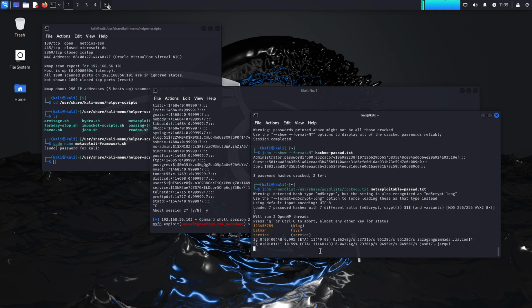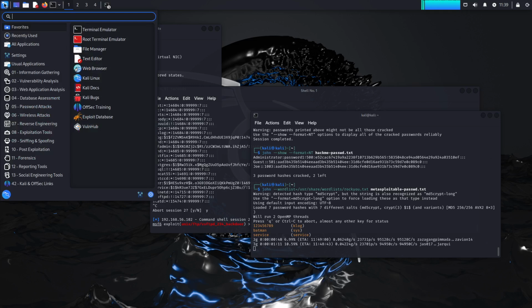And you can also use John to brute force passwords, although it's perhaps not the best of tools for that. If you wanted to do something more like that, and maybe you have some really nice graphics cards that you want to make use of, the tool for that kind of action is